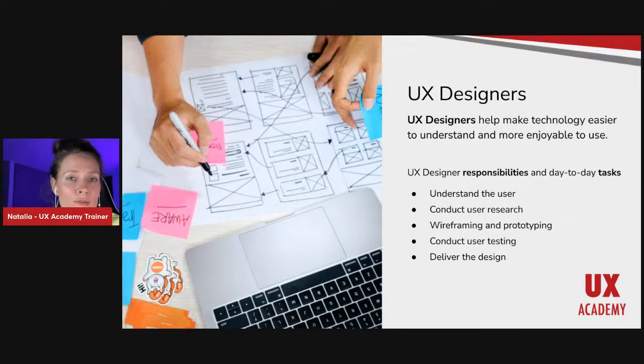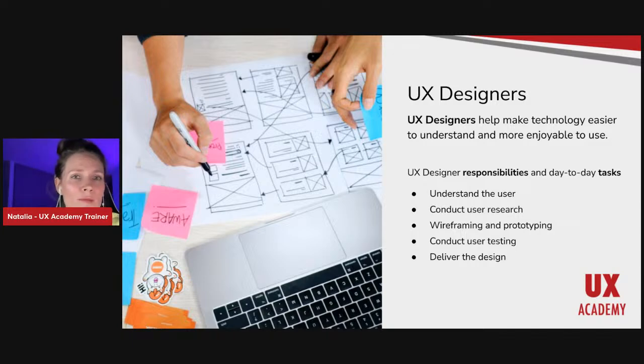Empathizing with the user and conducting user research needs some skills and knowledge. There are techniques and methods for how you can do it and what research method you have to take in different situations. And for that you need some knowledge and understanding. So basically you are learning some principles, and then when you see a live situation you understand what you have to do at that moment, what you have to research, what you have to explore. Do you need to improve something or do you have to build something from scratch?